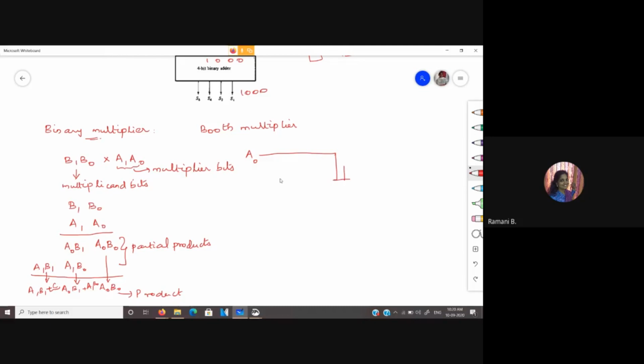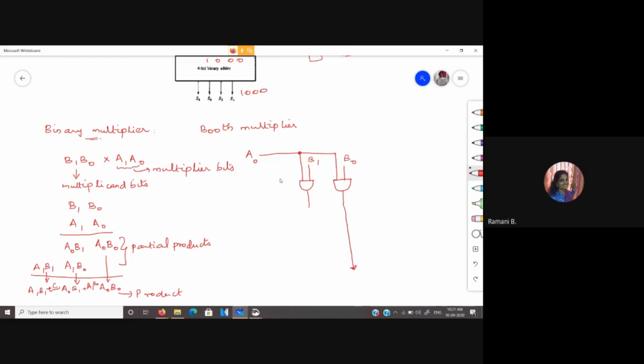B0. For multiplication, we are actually using AND operation. Then multiply A0 with B1. So this A0, B0, we actually get it as such with the product, right?